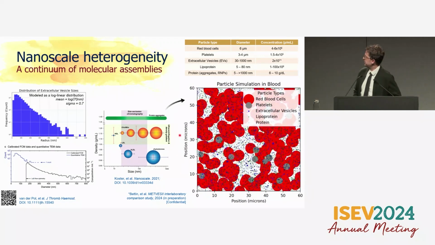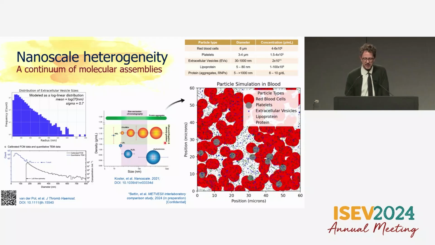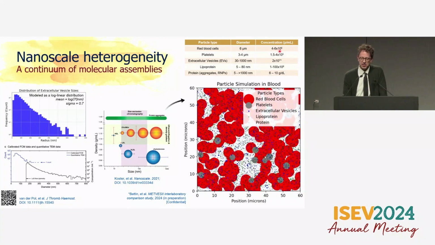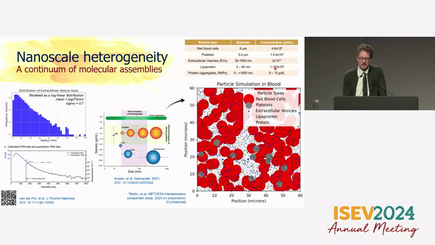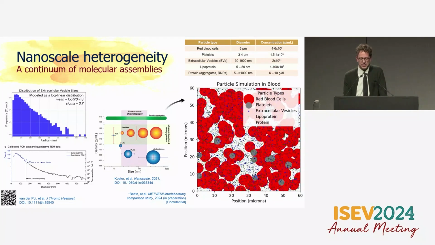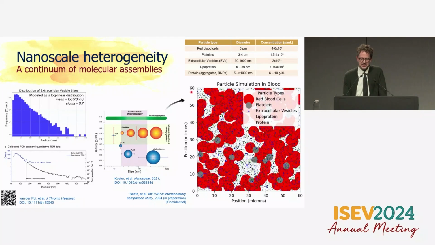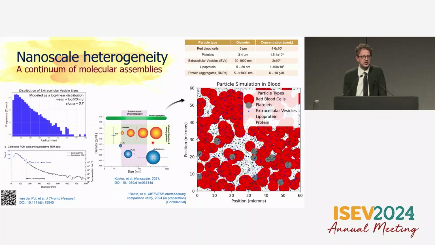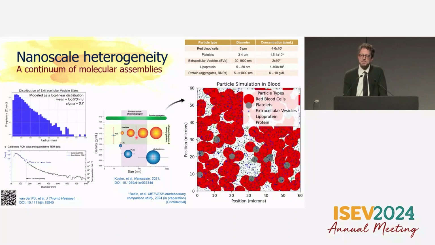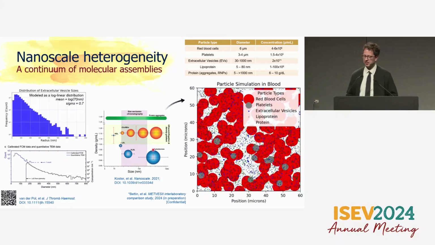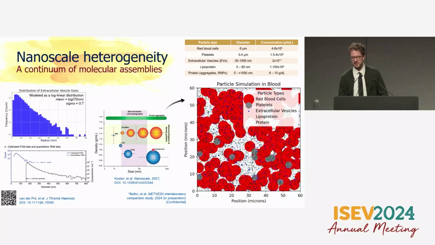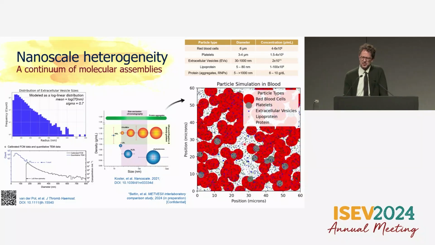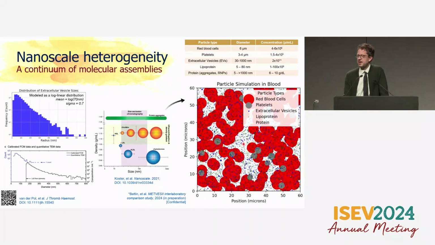So I like visualization, so I tried to put something together. I tried to cobble together the most accurate counts on average of blood concentration of red blood cells, platelets, EVs, lipoprotein and protein aggregates, and sort of colored them and made a little animation here. And this is a 60 micron section of a biofluid, and this is probably about the concentrations that we're thinking. For me it was interesting to think about, and there's a lot of assumptions here, and I'm happy to talk about the details with people. But it's sort of interesting to see this staggering count.